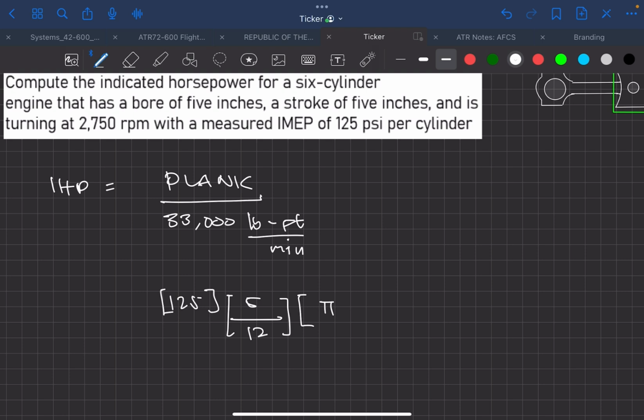D is the diameter, which is the bore. So that's going to be 5 squared, pi d squared over 4,